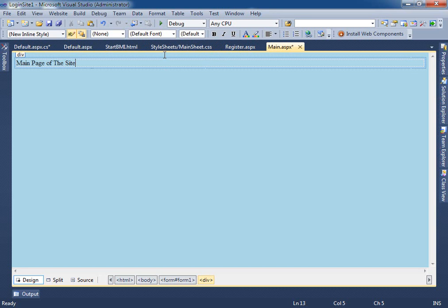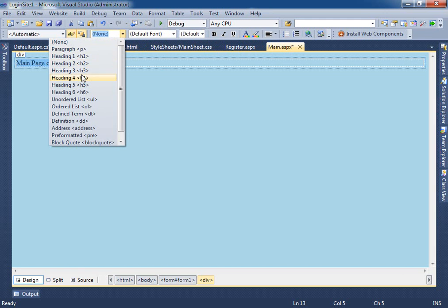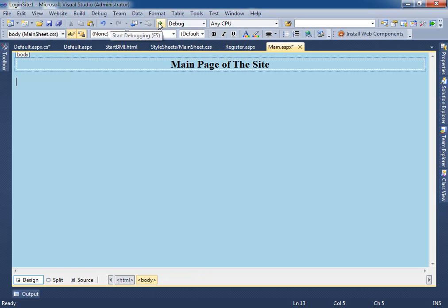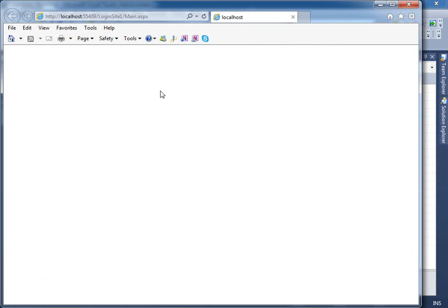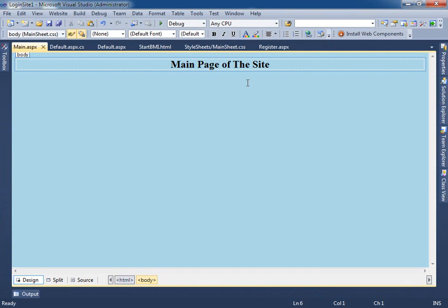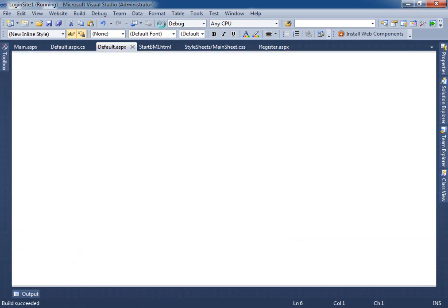Okay, so I want to make this text heading 2, and I want to make it centered. Okay. Clear? Now, if I run it, if I type in wrong information, see, it sent me to the wrong page. I don't want to be here. It should send me to the default page. Okay, so if I go to the default page and I run it,